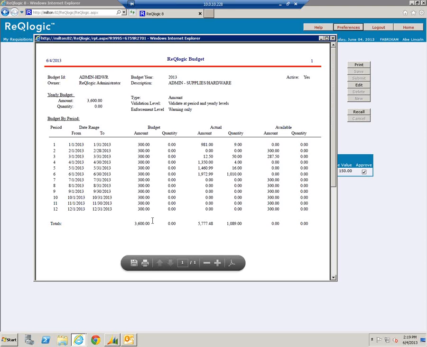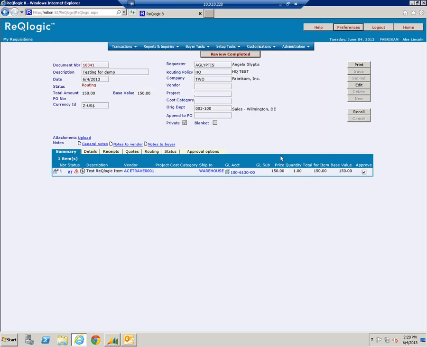And it shows me the budget information for the year 2013 for this budget ID for the GL account that we coded it to. And you can see some budget information here and the actual information as well as any amounts available. So I can see here the available amount is 0, so that tells me that it's over. And it's showing me by month, and it's summing all my columns here. So this is a really helpful tool related to budgeting. Okay,